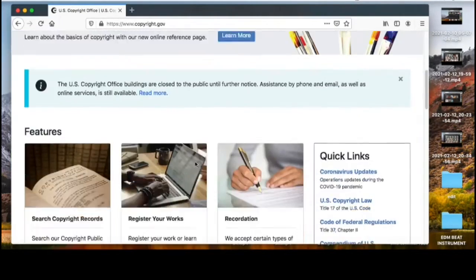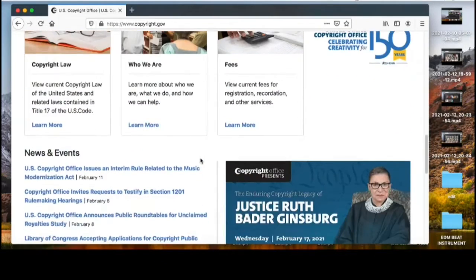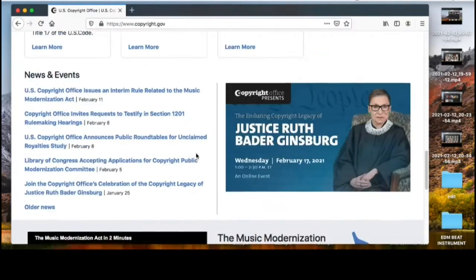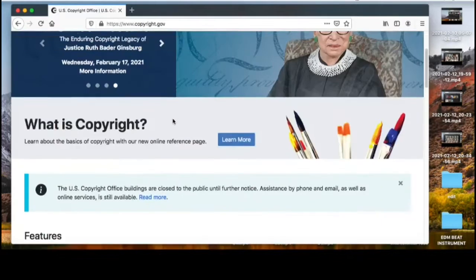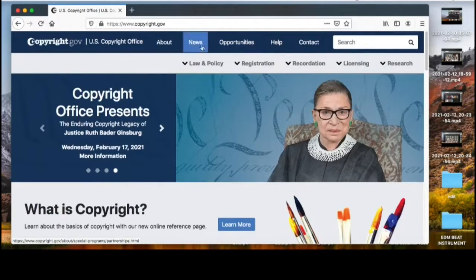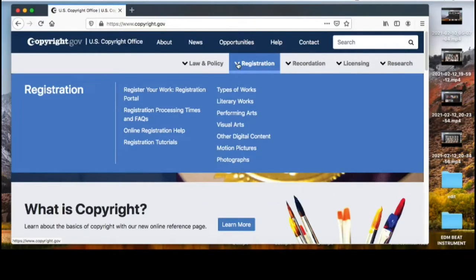Before, if you just came here, you would see the performing arts section. You just click it, then you go straight forward. But now it is no more. So here you come under register, click it. Now what do you want to register? Register your work,